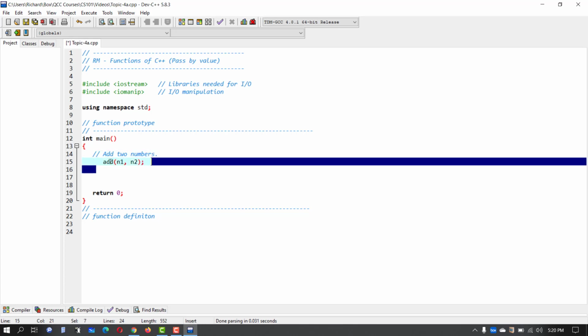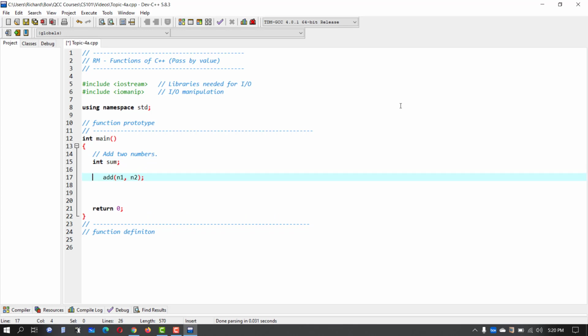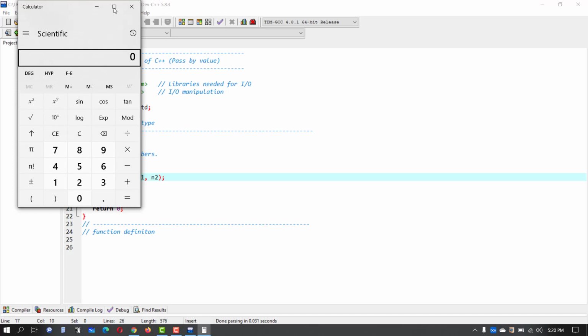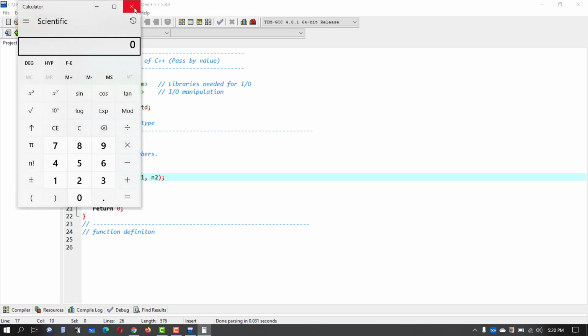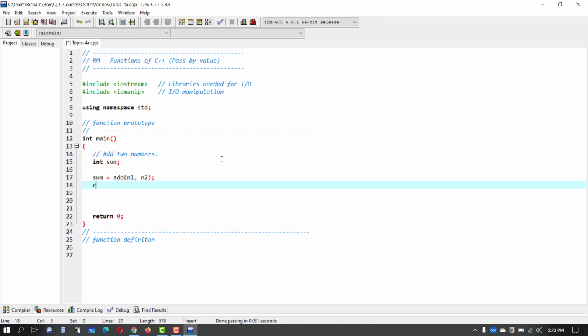Okay, this function is going to return something. And I'm going to show you the importance, in this particular case, of receiving the number the function is going to return. Okay. After that, all I need to do is print: the sum of n1 and n2 is,